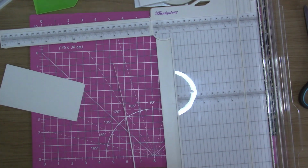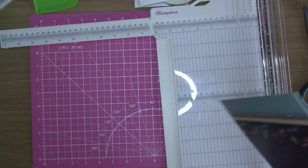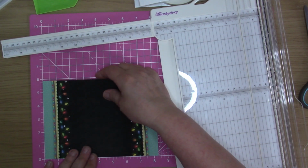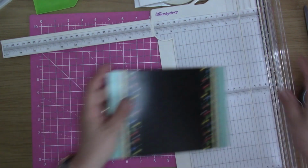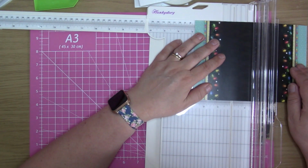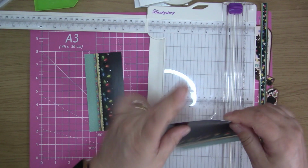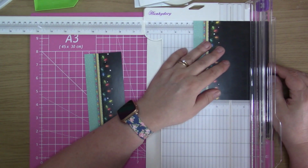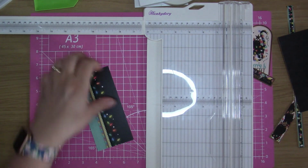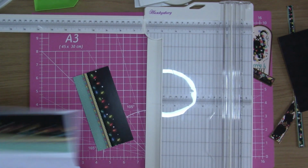And then I've got this bit of card, which is, put them over there. I wasn't going to get them muddled up with my other bits that I've just cut off. So this one is slightly under the 6. So I'm not going to cut any length off of this one. So I'm just going to cut it down to the 4 notches under the 3 on both sides. So I'm going to have the bit with the lights on to go on the sides of the card. So they'll be sitting on there like so, and hopefully they'll fit perfectly on my